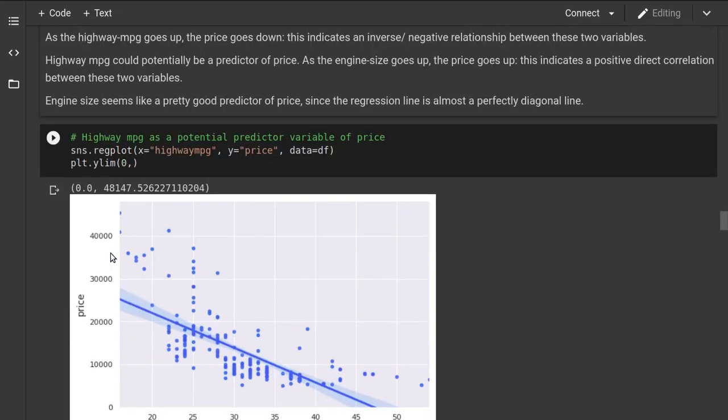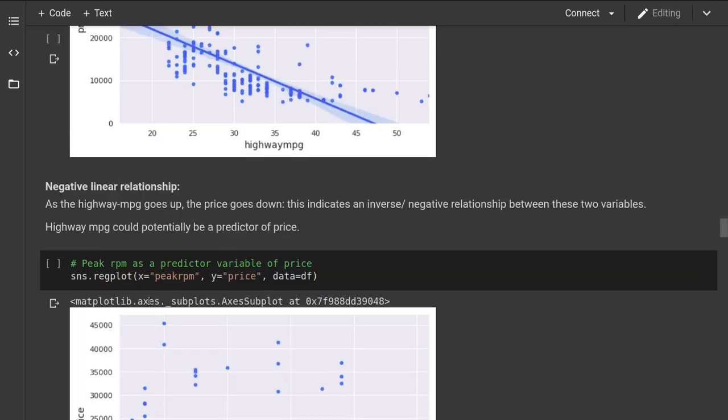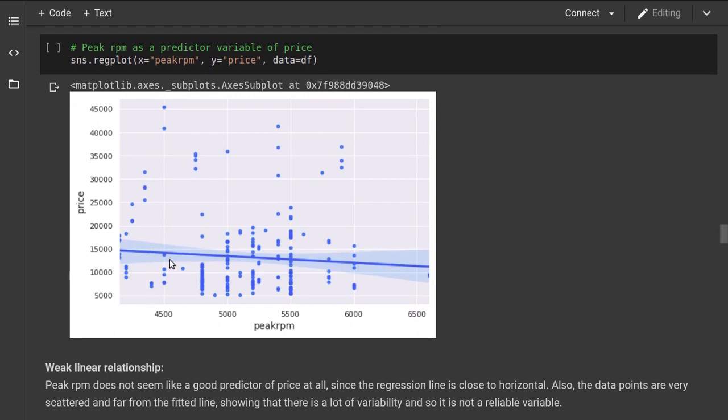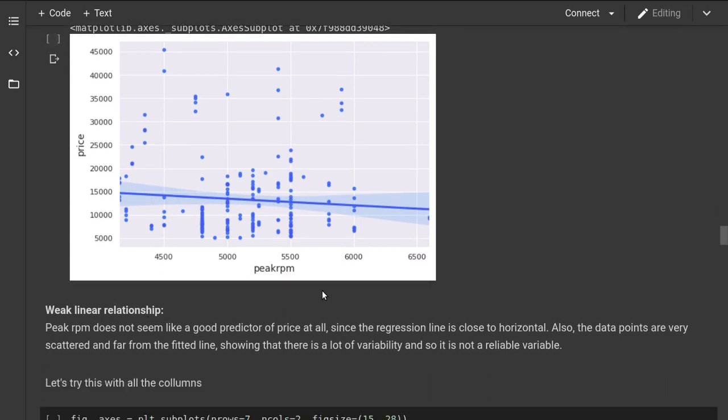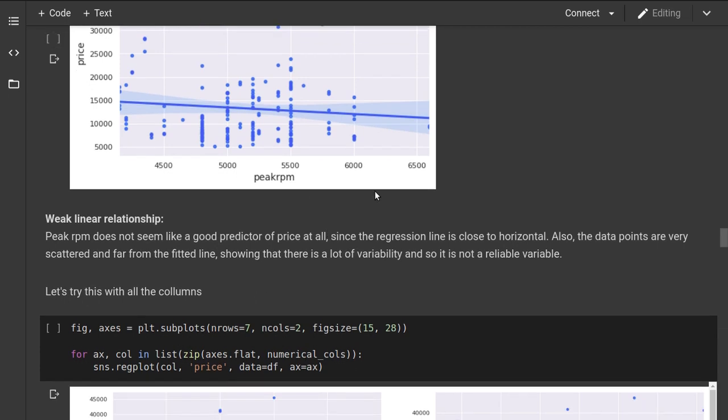Then here there is a negative relationship between highway miles per gallon with the price column. Then there are some columns with almost no relationship, such as peak rpm, which has really weak linear relationship. It's not positive either, it's not negative. So the peak rpm won't be useful for us for the prediction purpose.